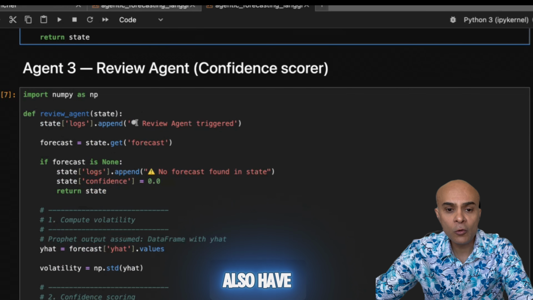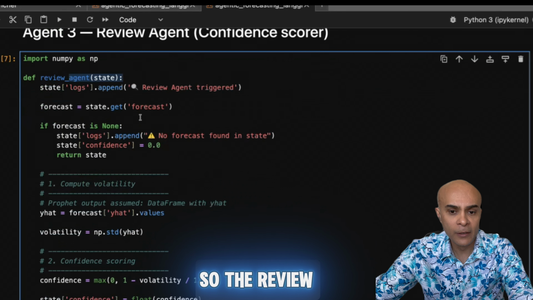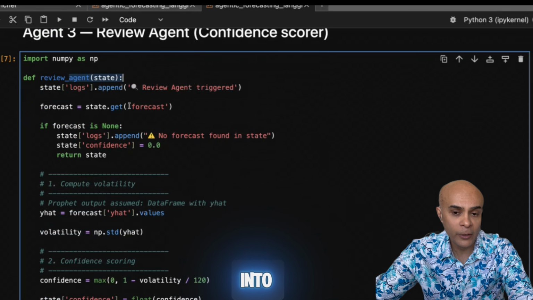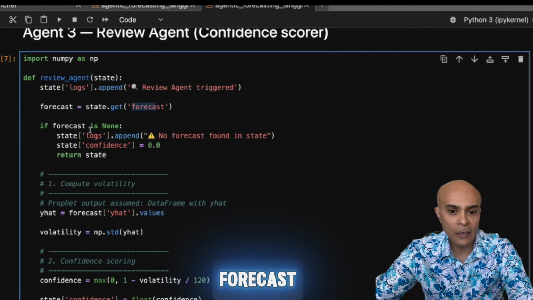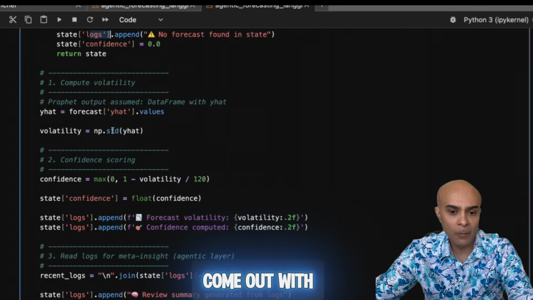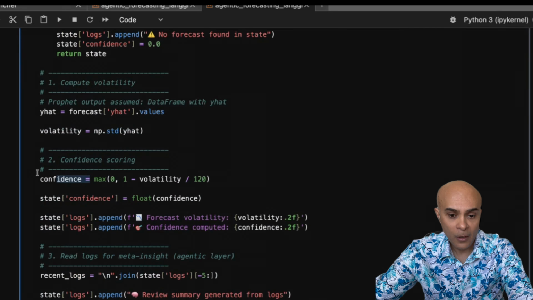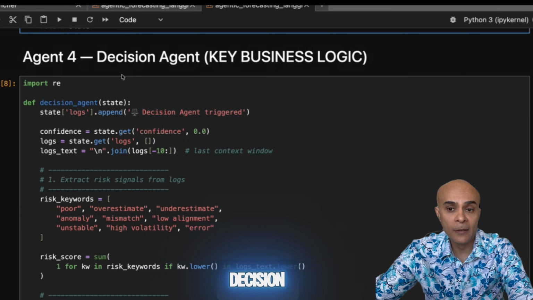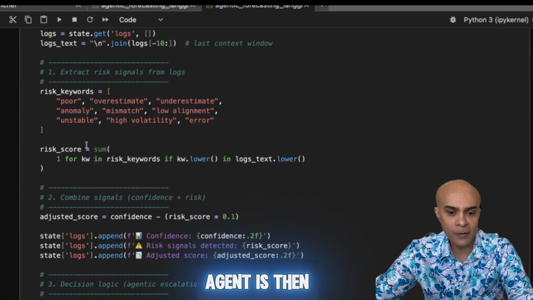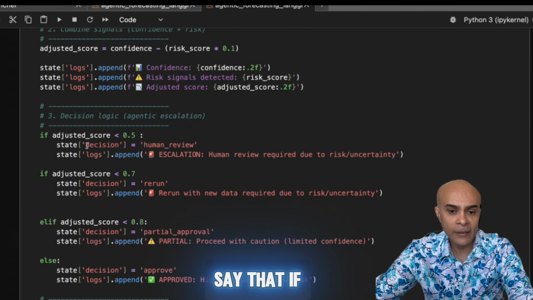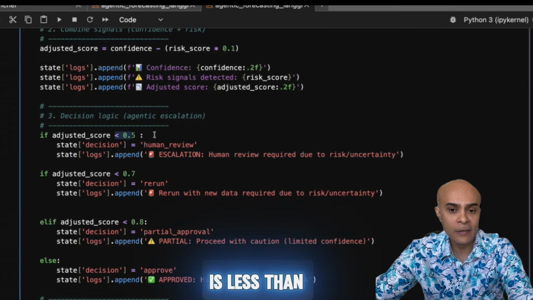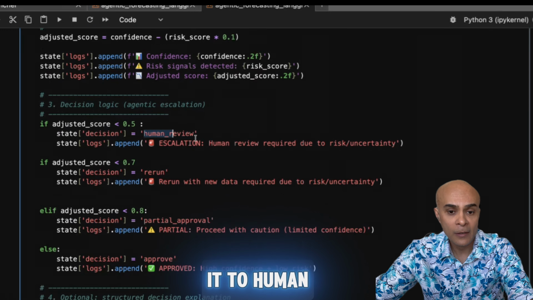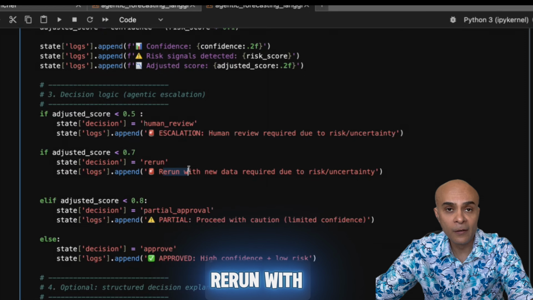Now, you can also have a review agent. The review agent is basically going to look into all the different forecasts as well as logs, and it is going to come out with a confidence score. Now, this confidence score is then going to be used by the decision agent. The decision agent is then going to say that if the score is less than 0.5, yes, you should escalate it to a human. If the score is around 0.7, you can rerun with new data.